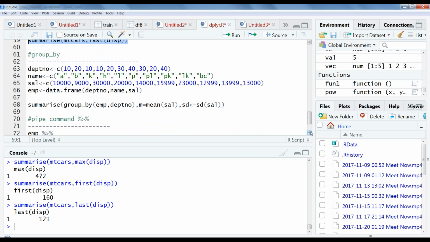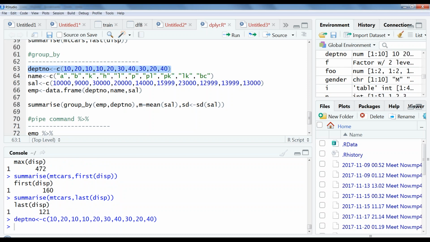Moving on to the next one, group by. I want to explain group by in a simplified manner, which will cover all the previous functions. Suppose I create a department vector, department number, as a simple example. I have departments 10, 20, 10, 10, 20, 30, 40, 30, 20, 40. So basically I have 10, 20, 30, 40 departments, but we have 10 people here.